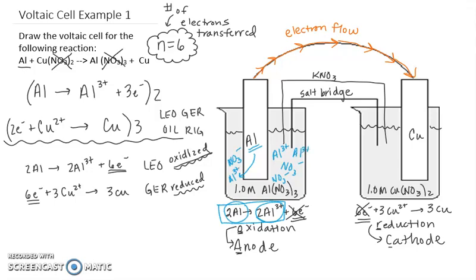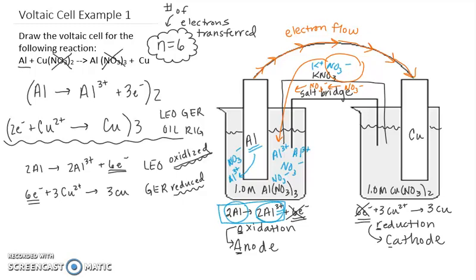And all of a sudden, what's going to happen is we're going to have an electrical problem over here because we're going to have too many positive charges. We're creating more positives. That's what the salt bridge is all about. The salt bridge makes this solution neutral again. How? Well, these ions in the salt bridge, the K+ and the NO3-, are free to move in whatever direction they're needed. In this case, since I'm making too much positively charged aluminum over here, what's going to happen is the negatively charged NO3- from the salt bridge are going to move into this solution. And so on my salt bridge, I might show NO3- ions moving in that direction